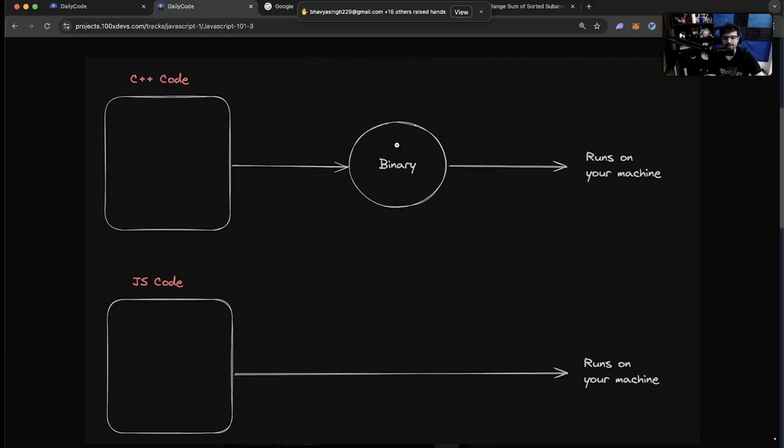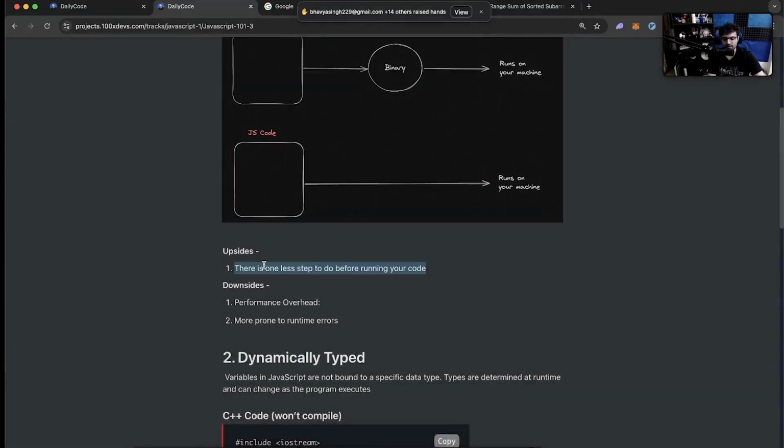The compilation step, which most languages, Java has, C++ has, Rust has, Golang has, is a good thing because a lot of checks happen here. And when your final application runs, when you deploy this on a server, let's say, and it is handling a lot of web traffic, then it is really fast. Versus for JavaScript, it constantly has to interpret your code. So even though I've written this as an upside, this is actually a downside only.